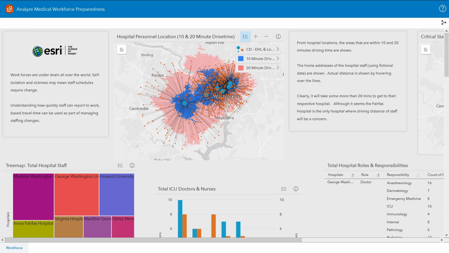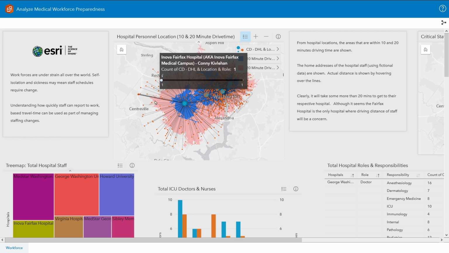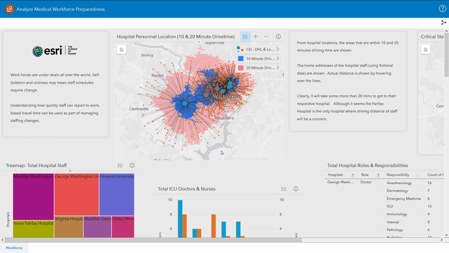Interactivity plays a big role as it allows the user to get insights into data by filtering noise and focusing on the essentials. In this example about hospitals in the city of Washington, link analysis plays a big role. In this chart, it was mapped out where the hospitals are, here, here, here, and here, and where the staff is living, which are the orange points around it. The links and driving times give insights into which staff might be affected from lockdown and longer commuting times, where they are possibly exposed to the virus.